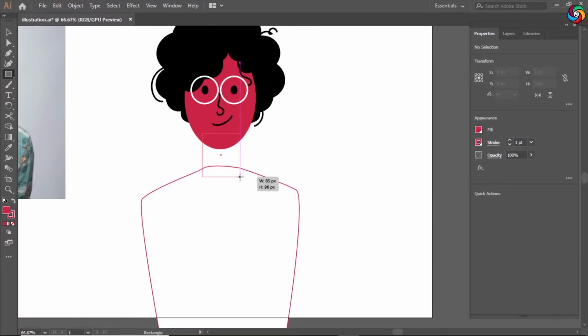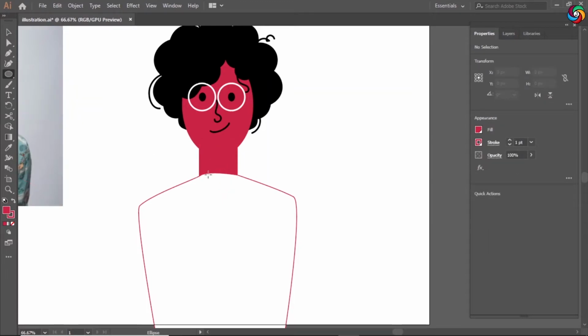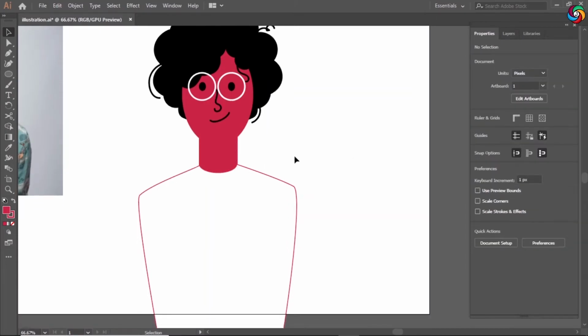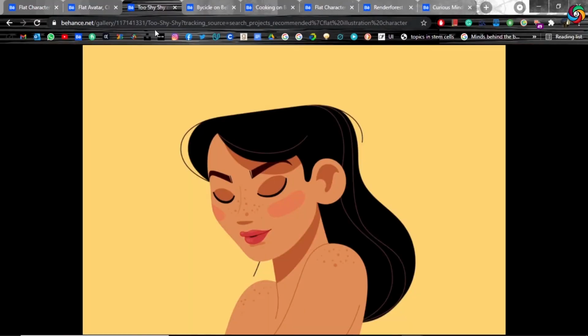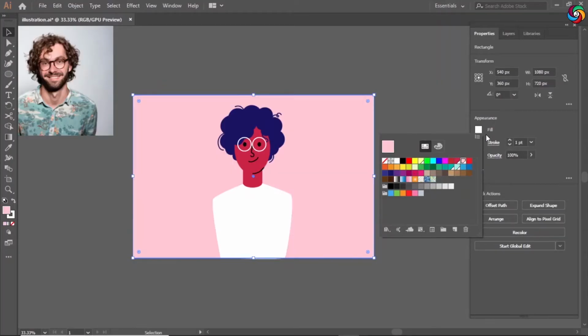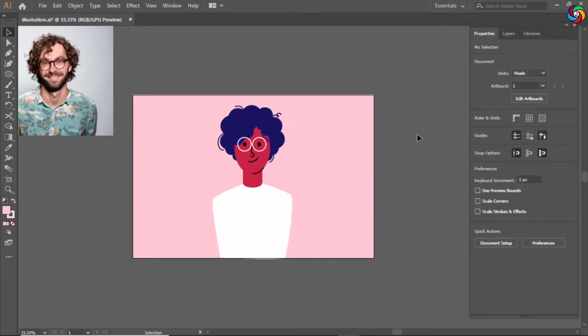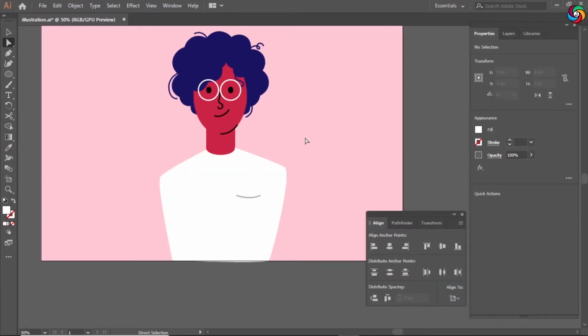I drew a rectangle for the neck and sent it to the back. Now as you can see, the collar line doesn't look very pleasing, so I'm gonna draw an ellipse here in the same color as the neck so as to give him a round collar. Now since here at this point the face and the neck are overlapping, I'm gonna draw a black stroke here. Don't feel shy to go back to take some inspiration if you need it again. I added a background color here. As you can see right now, I am just playing around with different colors so as to find what looks best to me and fixing all the curves.